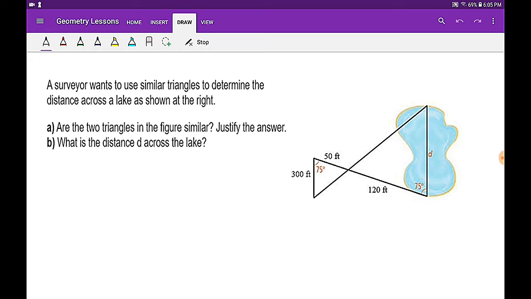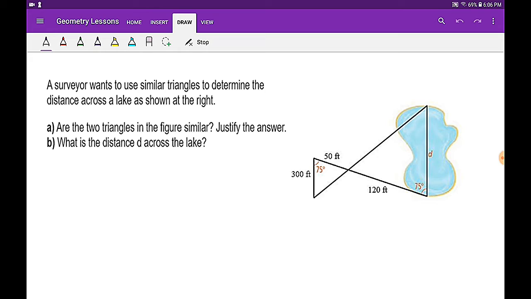So now, one of the most common applications of similarity in general, and similar triangles in particular, is in the use called indirect measurement. That means using similar triangles, we can find the unknown distance between two inaccessible